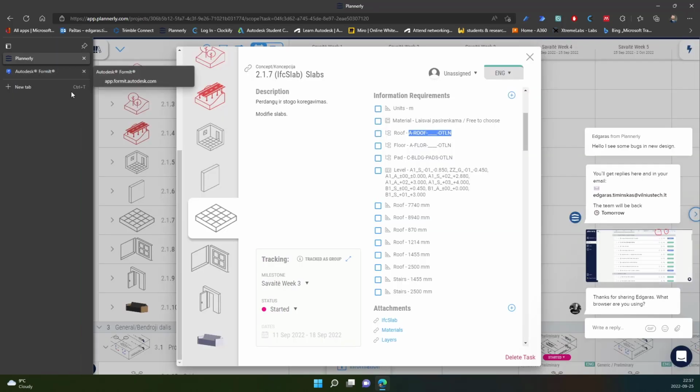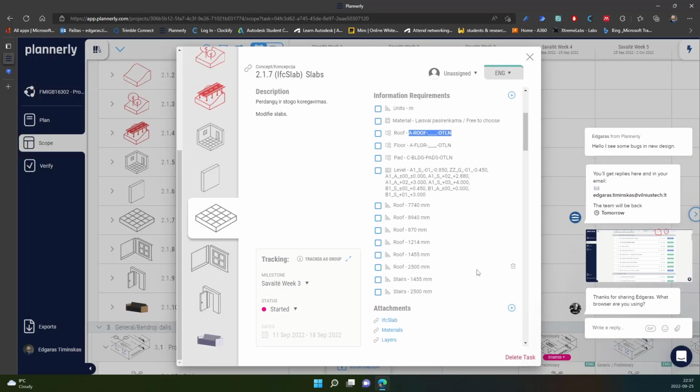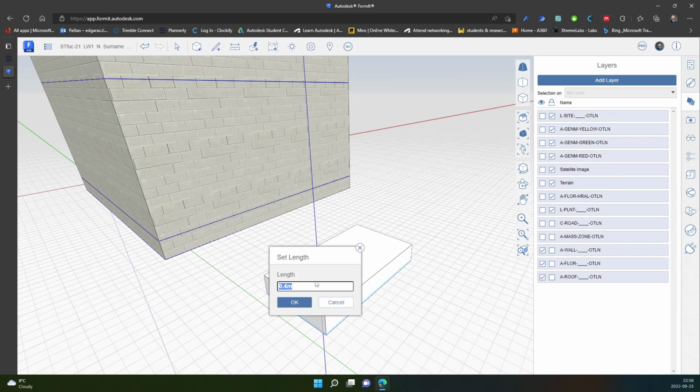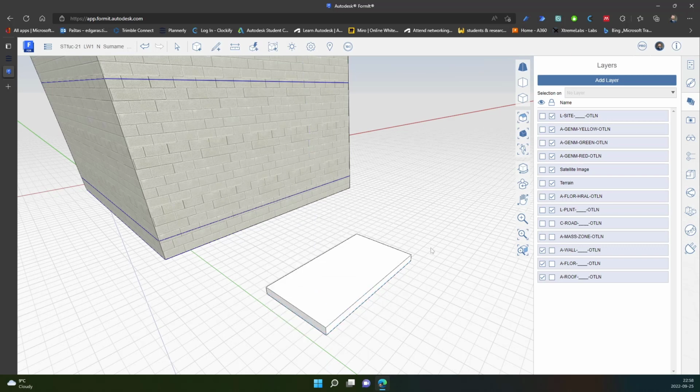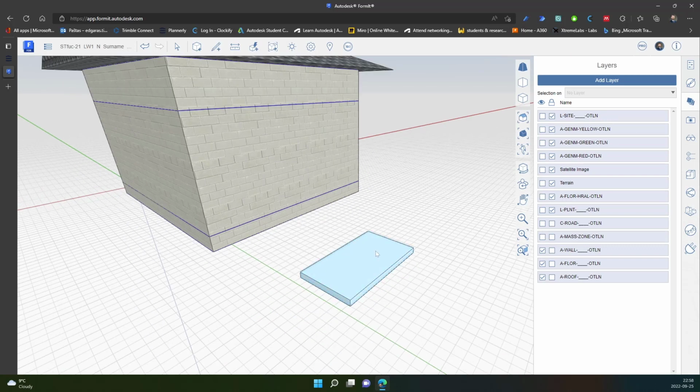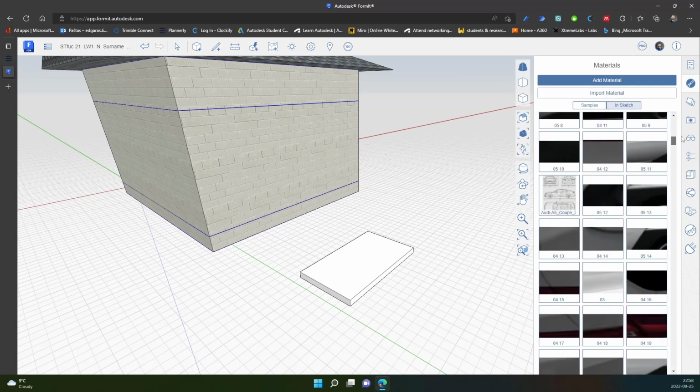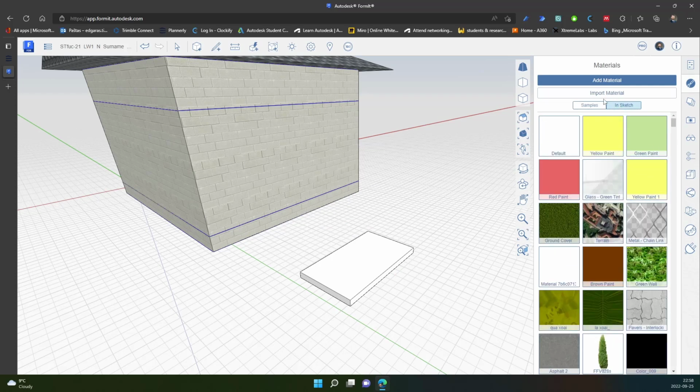I don't have thickness for this roof, so I will use 150 millimeters. Let's say concrete roof above the staircase. 150. Okay, so I click tab, select all the components, create a group, go to materials and look for concrete, so